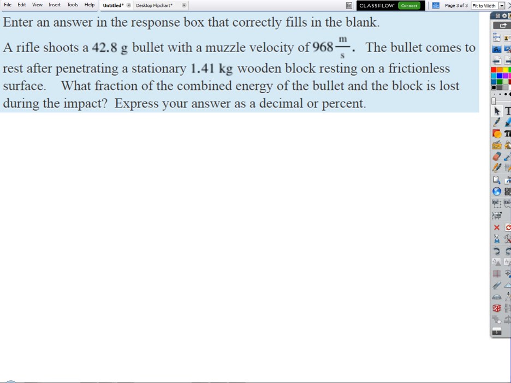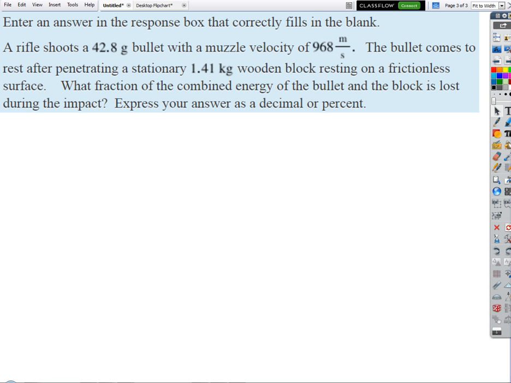So this isn't a big deal, right? Let me remind you about a couple things. Rifle. So we know the rifle shoots this bullet. It's got a certain velocity. It's going to penetrate into a wooden block and come to rest inside the block, right? But the block is resting on a frictionless surface. So what's the block going to do? It's going to move, right? Because of the conservation of